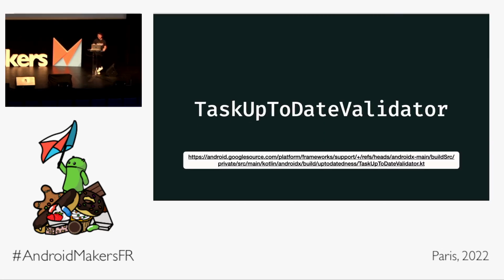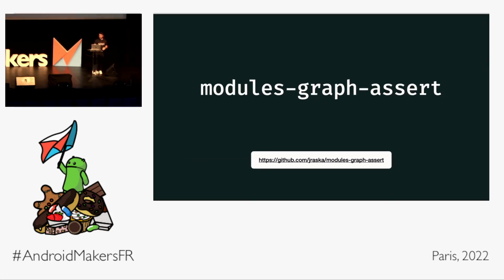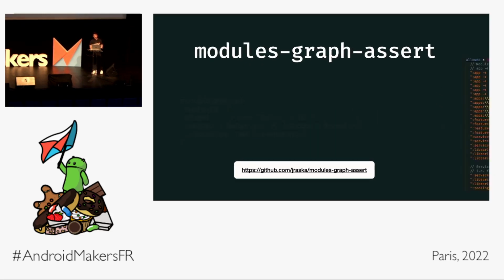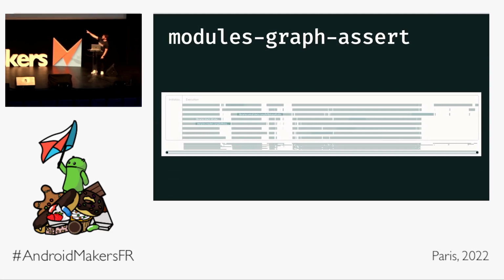Some things you can run in CI, like running all of your build twice and making sure that the second time nothing else runs. The AndroidX repo actually has a neat implementation of this that you can borrow. Modules Graph Assert is a neat plugin that lets you enforce module visibility. So you can say, hey, core library shouldn't depend on features, or maybe you want to say that features shouldn't be able to depend on other features for better separation. It's a neat plugin, and we enforce this, and we can actually see